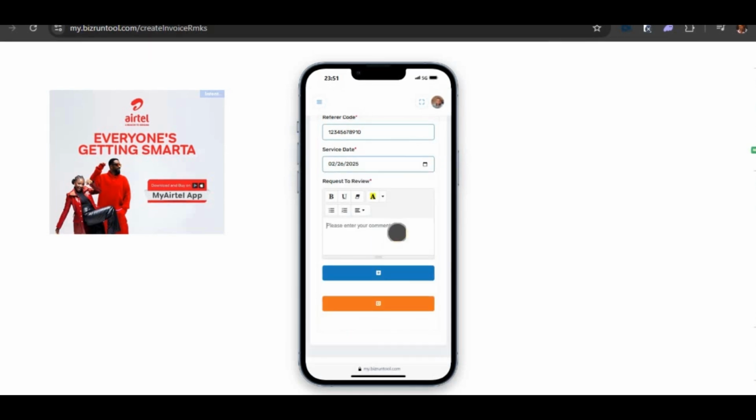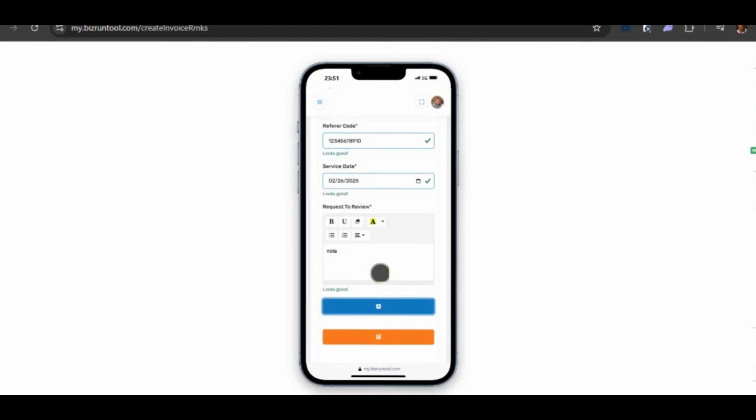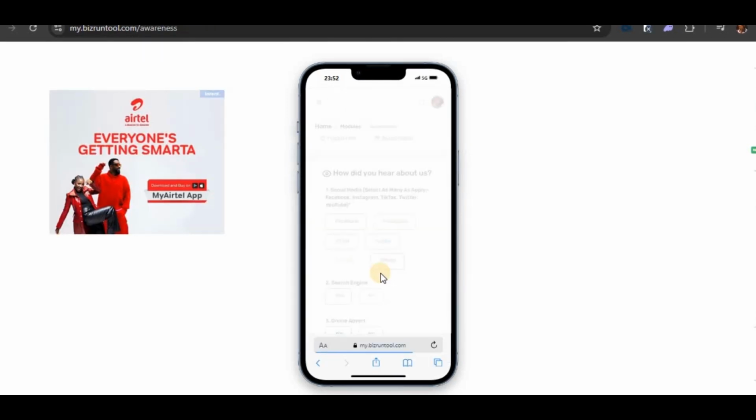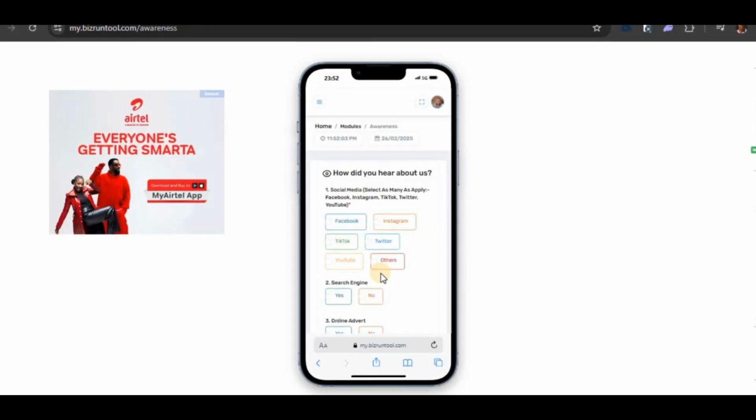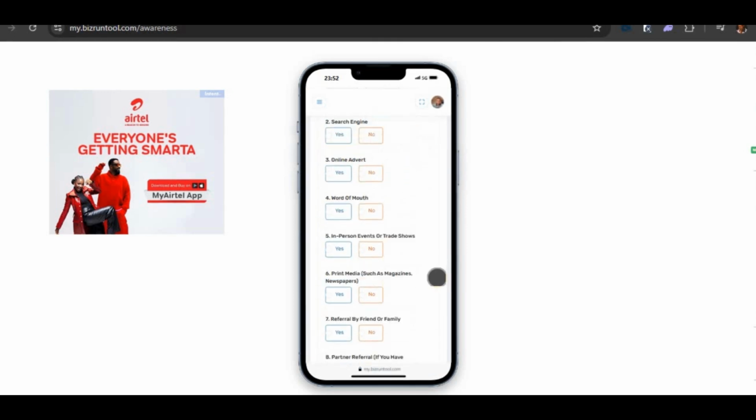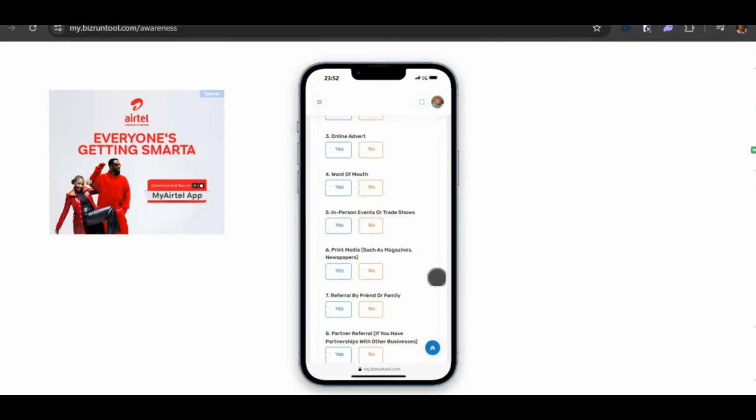And then whatever note you have, you can explain the payment, you can explain the service, right? And then you click on the button and boom, it's gone. Now you are done entering that service. You can choose to do something else, but